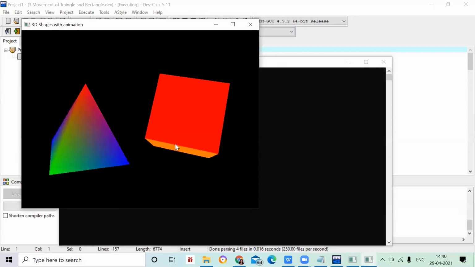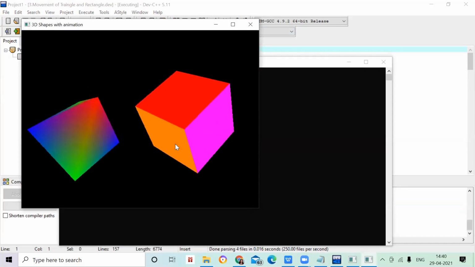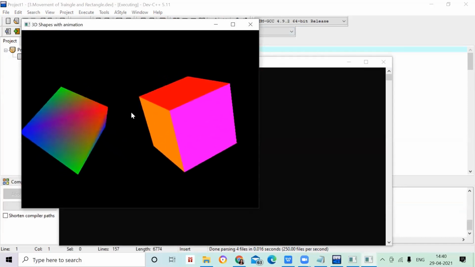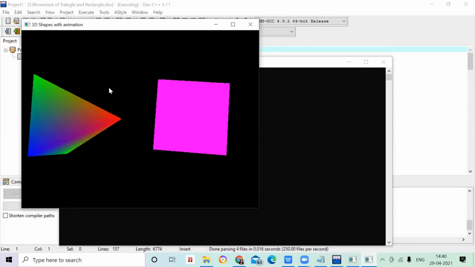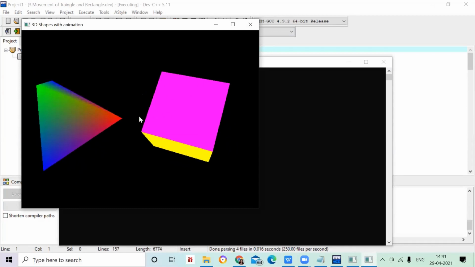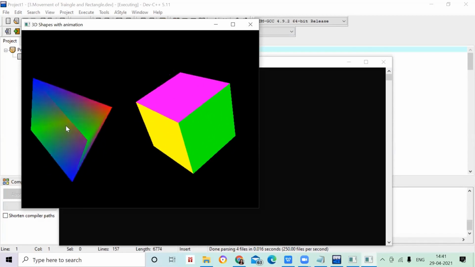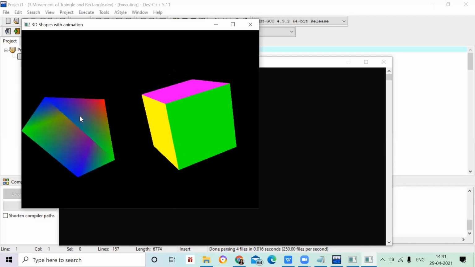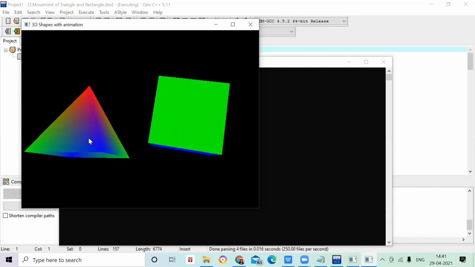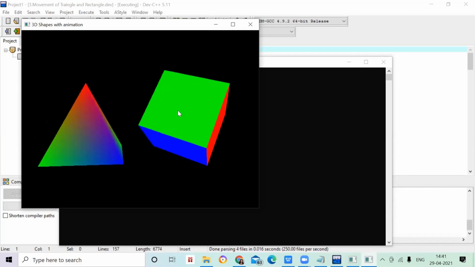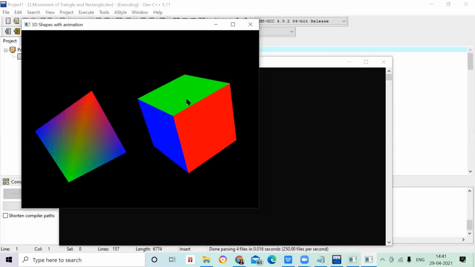can you see this? The triangle and the square, or rectangular shape, is rotating. This rotation is known as your rendering. Today in the class I told how to do the rendering positions. This is a kind of rendering. Now you can see some shadings here, the color shadings. It is a 3D object with color shadings. How to give that shading effect is also there in your chapter. And here there is no shading, just one color has been given. You can see that also.